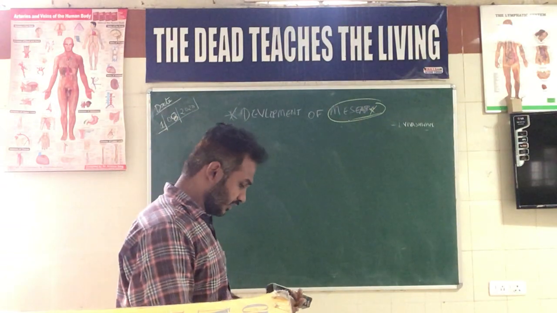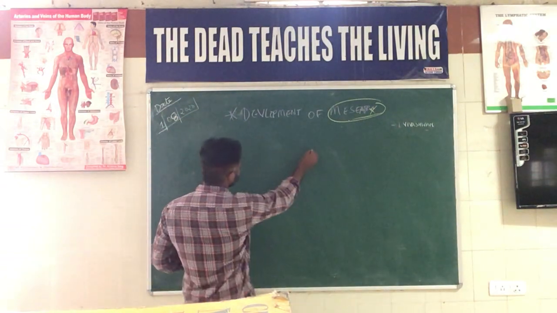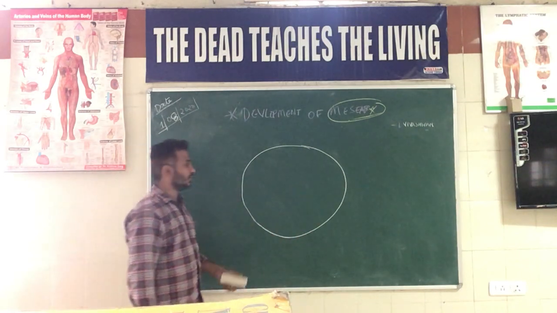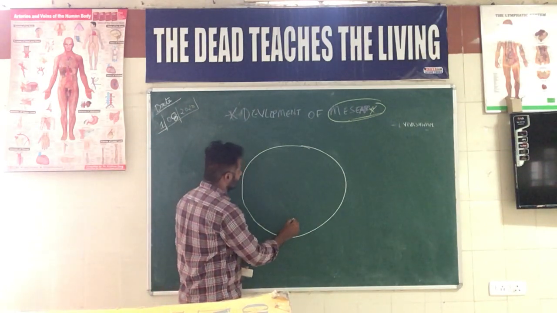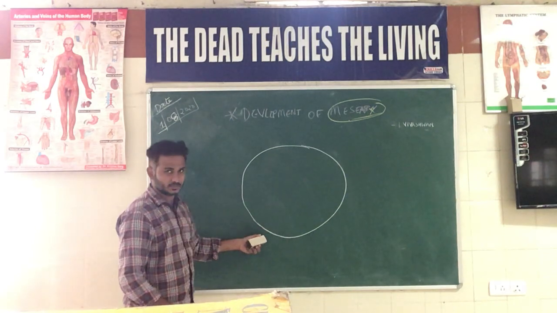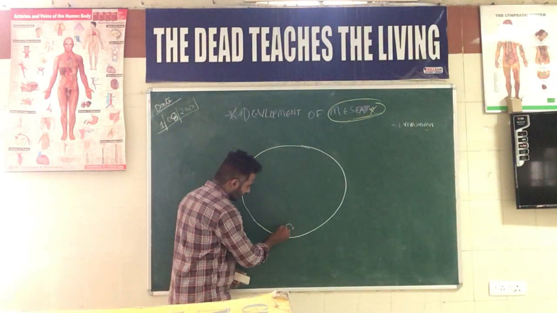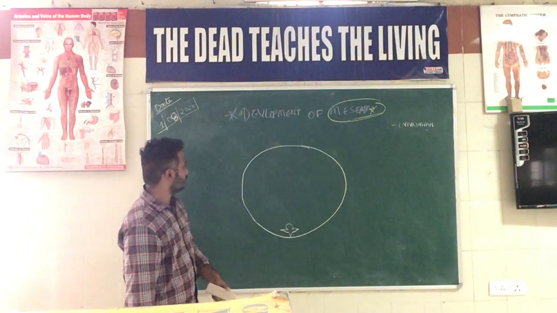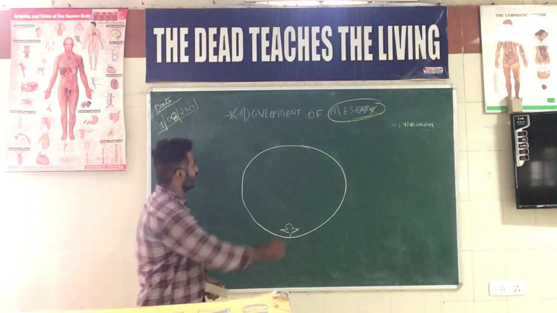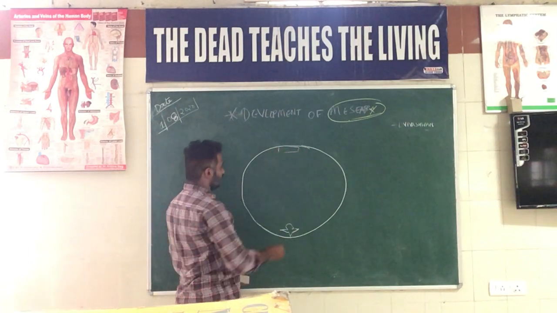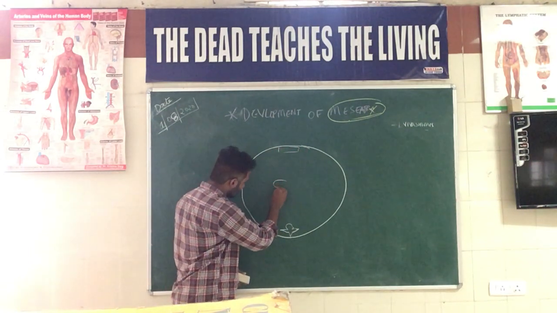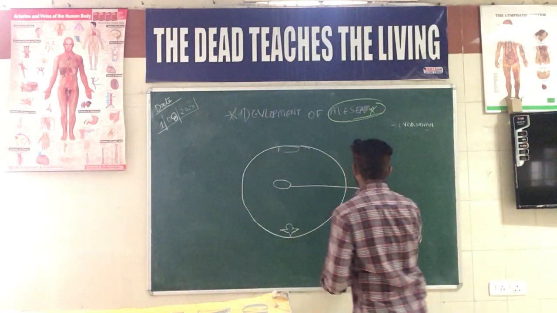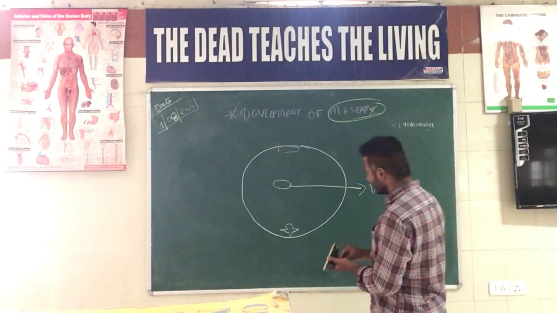So for this mesentery, assume this to be an abdominal cavity in development. Consider it to be an adult abdomen in transverse section. Then we can see in the posteriormost part the vertebra, and in the anterior you can see the sternum. Exactly at the center, we assume some part of the gastrointestinal tract.